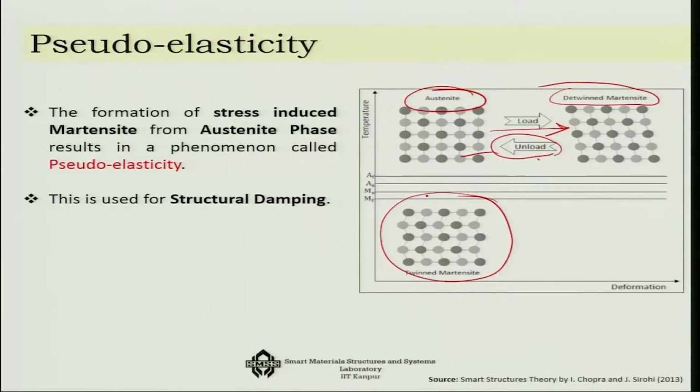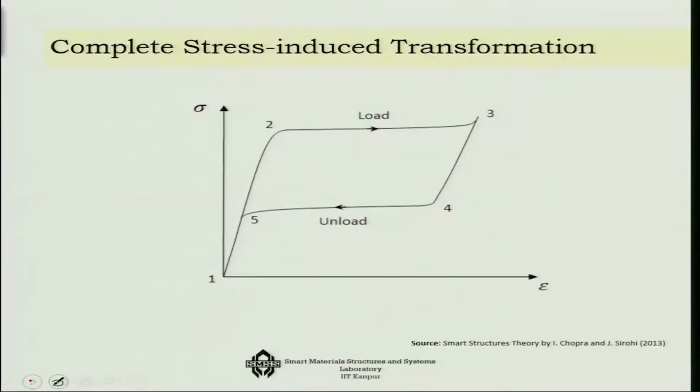This kind of direct transformation from austenite to detwined martensite phase has something very peculiar in this stress-strain relationship, which is known as pseudoelasticity, and this is highly used in structural damping. Let us see how this will be useful. If I look at the pseudoelastic behavior, that means here I am at austenite phase, and then I am increasing the load, okay, up to point 2, the elastic loading is over, suddenly the phase transformation happens. This is stress induced phase transformation,